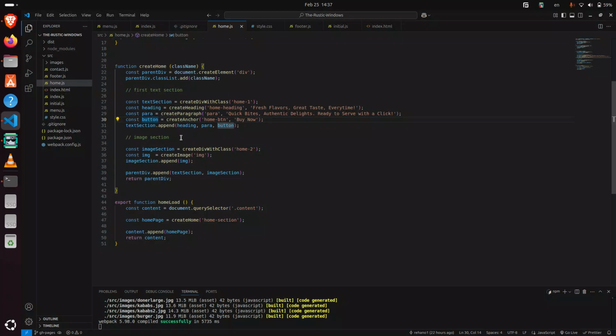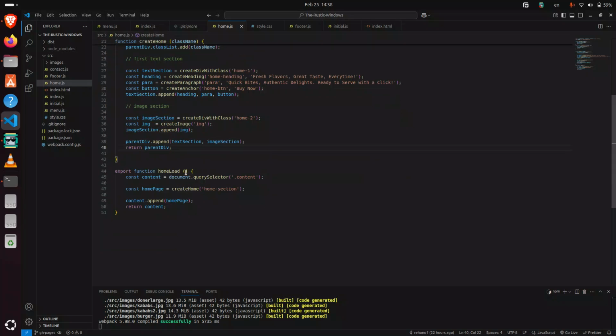After that I have created image section. In image section I have created one div with a class, then used create image, and then appended this image constant to the image section. Both sections are ready, and now they are ready to append. In my parent div, I have appended text section and image section, and returned parent div.